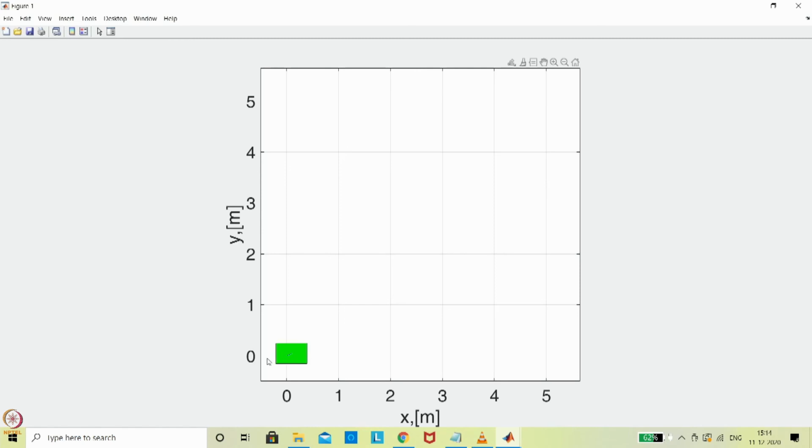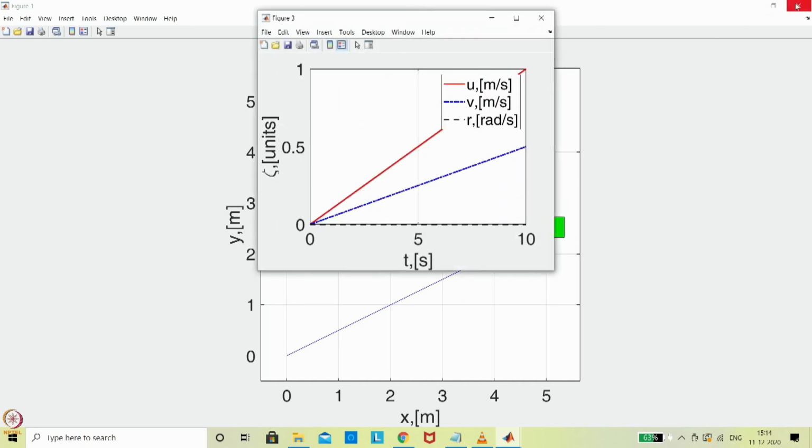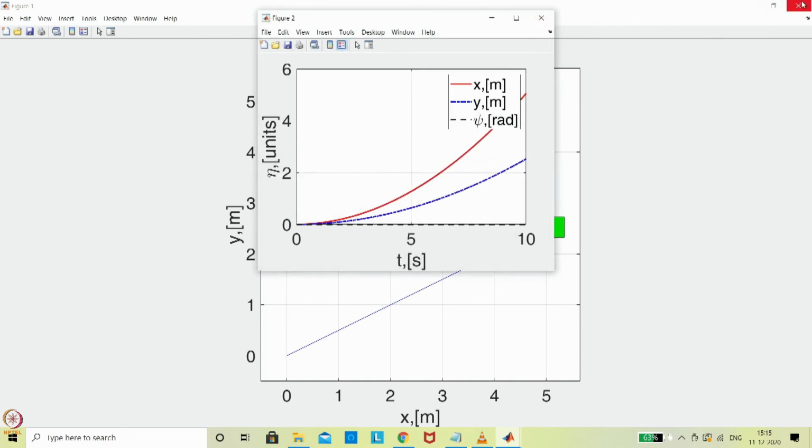So you can see the 1 Newton force is acting on the body in the forward direction, and 0.5 Newton is acting in the y direction. So the vehicle is moving both longitudinally and laterally, in the sense it is moving in an inclined fashion. Now the same thing you want to explore a little more, so I will give some non-zero initial condition. For example, the vehicle state is already rotated somewhat. Then you can realize what forward dynamics is all about.